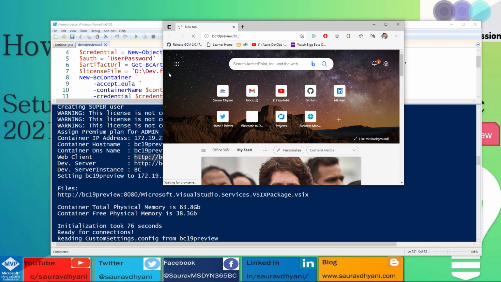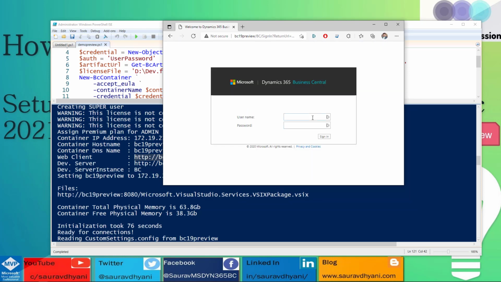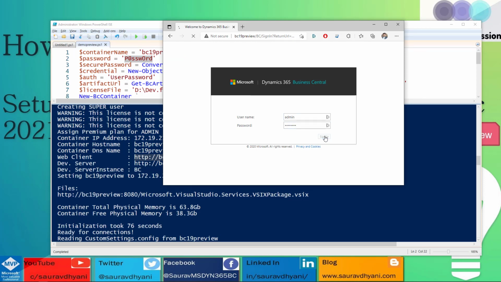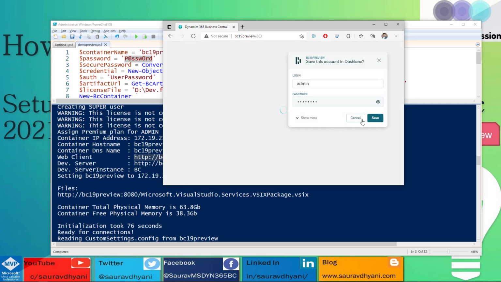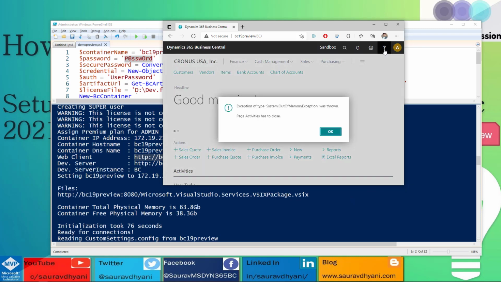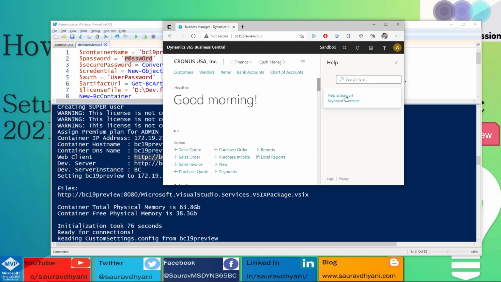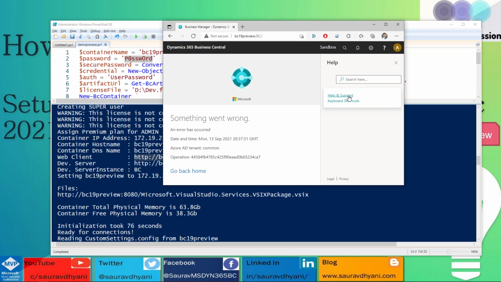If I run this, I should be able to log in with admin, and I don't remember this password, but this is the password. Okay, sign in. So this should give me my BC 19 preview environment for Business Central, and as I said, I'm using Business Central SaaS, so I'll see that, which is this. Okay, I might have to restart this, but if I go to help and support,